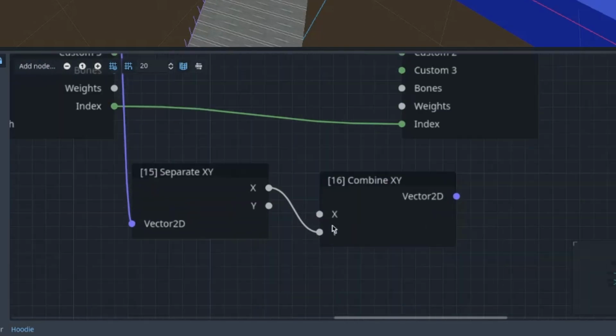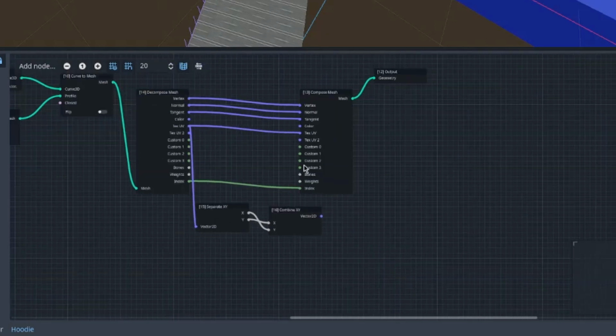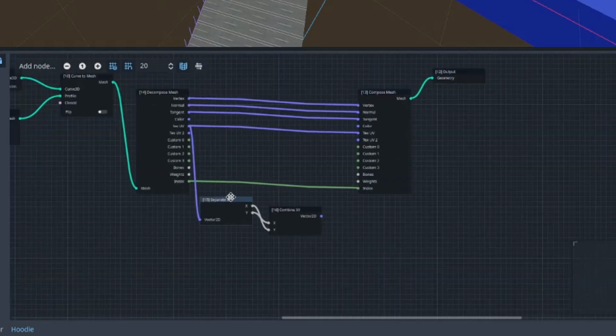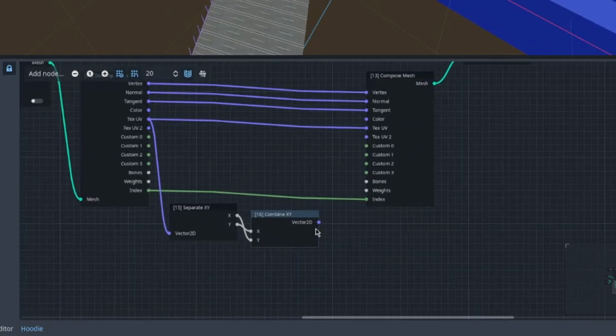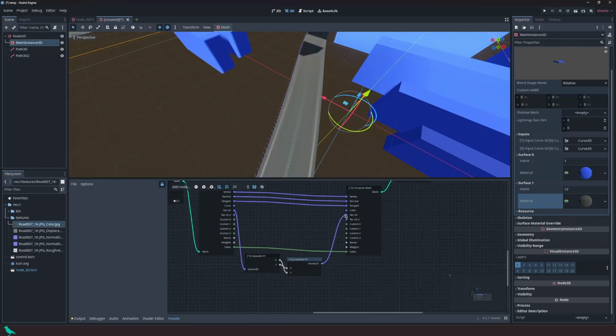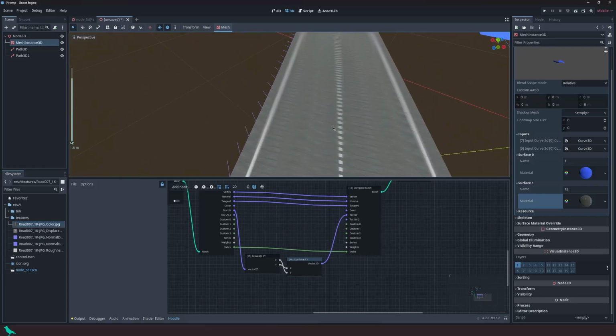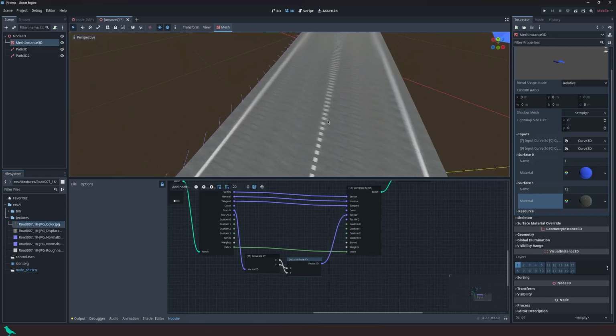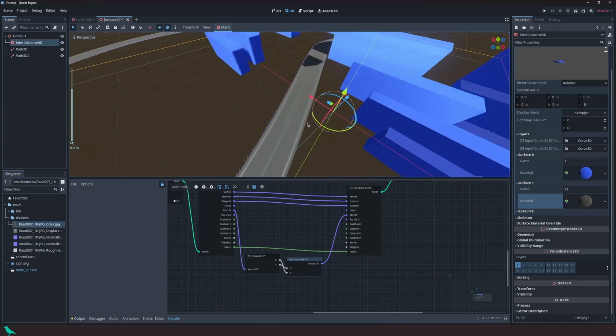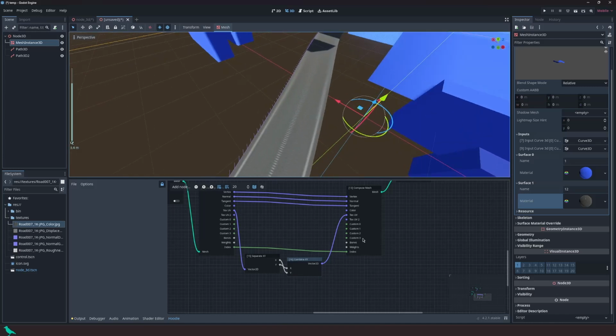Let's swap X and Y like this and connect the output again. Here we go. Still, it's pretty compressed. We need to stretch it a little bit. Let's do that right now